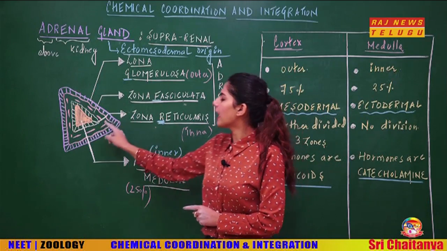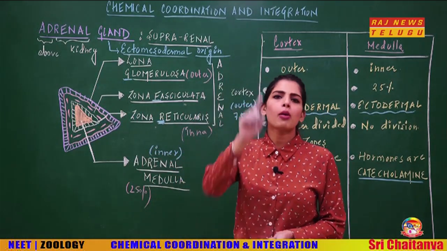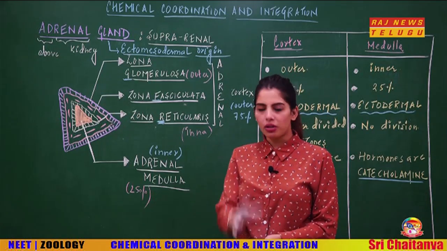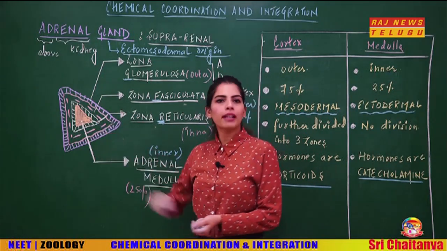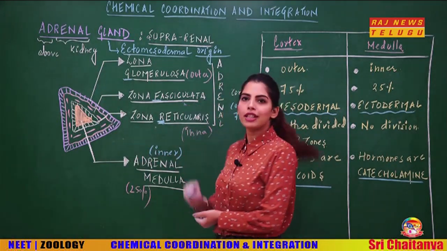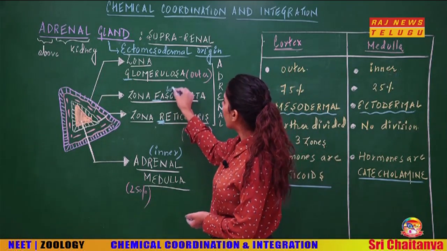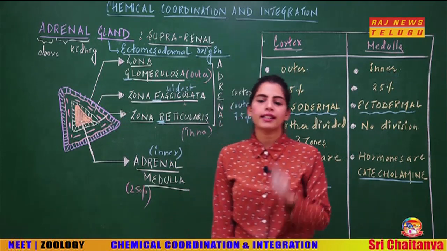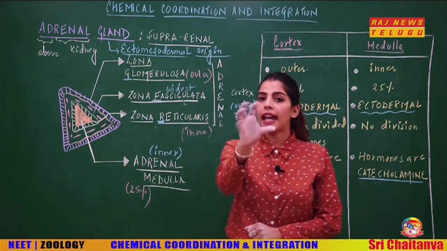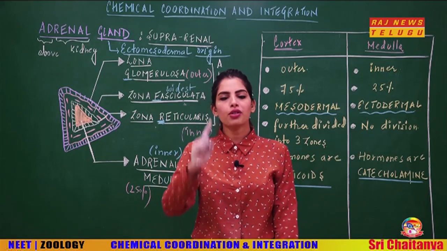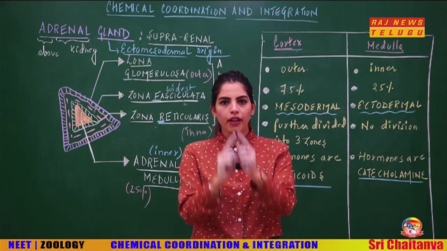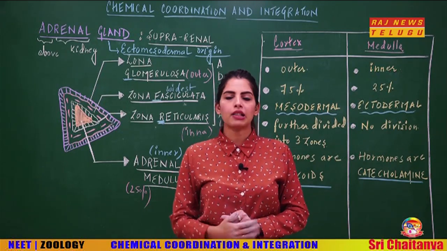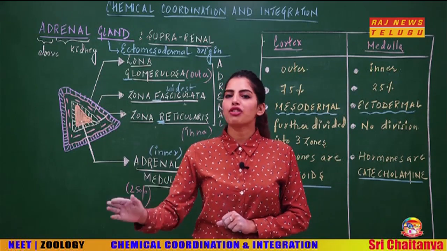Now, looking at the diagram also, can you tell me which layer of the cortex is the widest? I have already marked the widest portion, that's this pink one, your zona fasciculata. So, remember that the widest layer of the adrenal cortex is zona fasciculata. Again, I am telling you once more: zona glomerulosa outermost, zona fasciculata middle, zona reticularis innermost, comprising the outer part of the adrenal gland, that's the adrenal cortex.